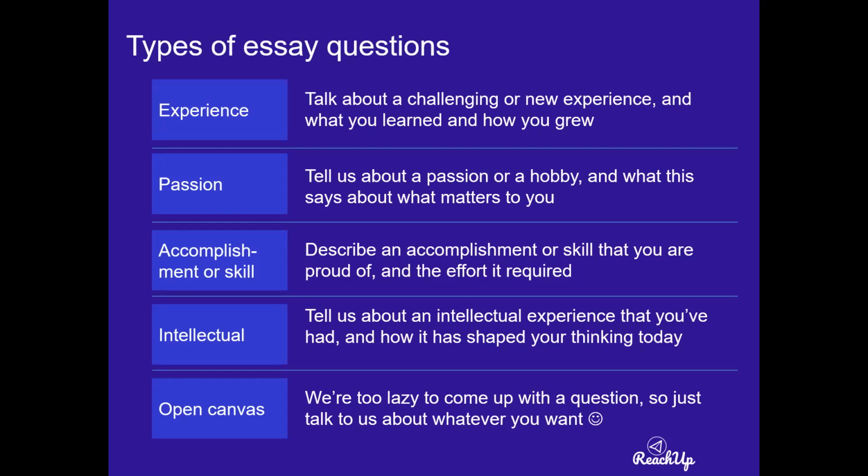Third bucket or category is the accomplishment or skill category. And those are the essay questions that ask you to describe an accomplishment or skill that you're proud of. And the effort that was required for you to achieve that accomplishment or attain that skill. The fourth one is an intellectual bucket. So this is where a university will want to learn more about your intellectual curiosity. So they'll ask you to speak to an intellectual experience that you've had and how that's shaped your thinking and how you think today. And the fifth one is what I like to call the open canvas, which means essentially